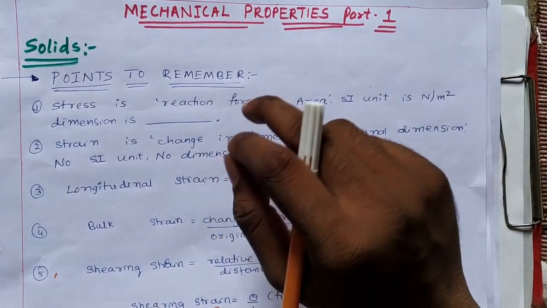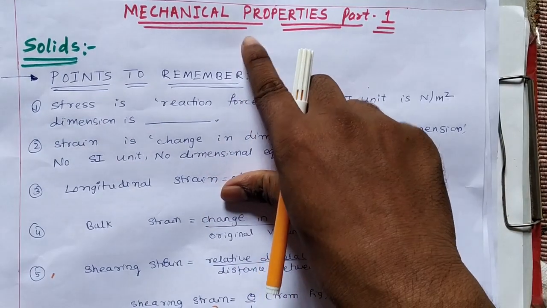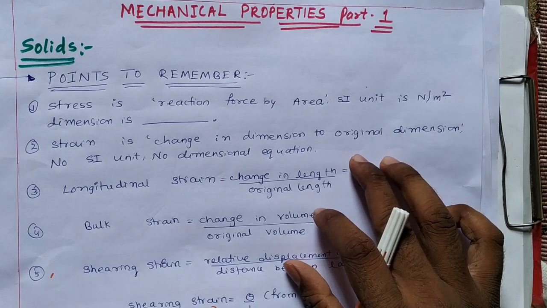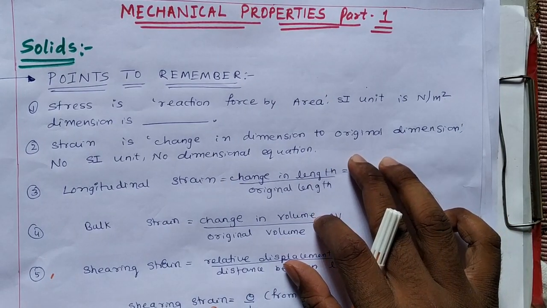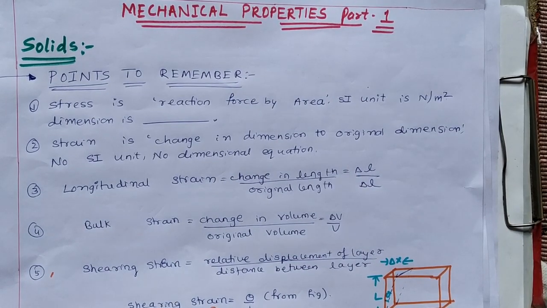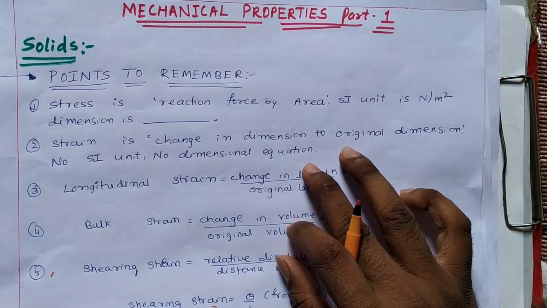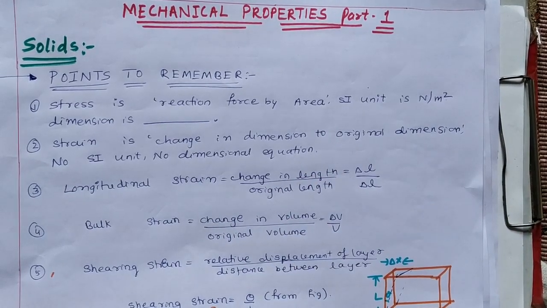Today I am going to take the first chapter of the second volume of NCERT class 11th, that is mechanical properties of solids and liquids. Solids will be our first part. Let us first see some synopsis. Maybe in KCET or NEET you may get some concept oriented, synopsis oriented questions. In that, first one, stress.